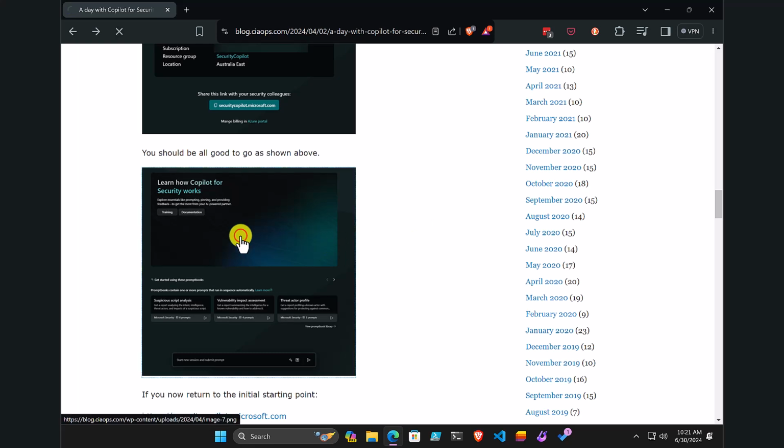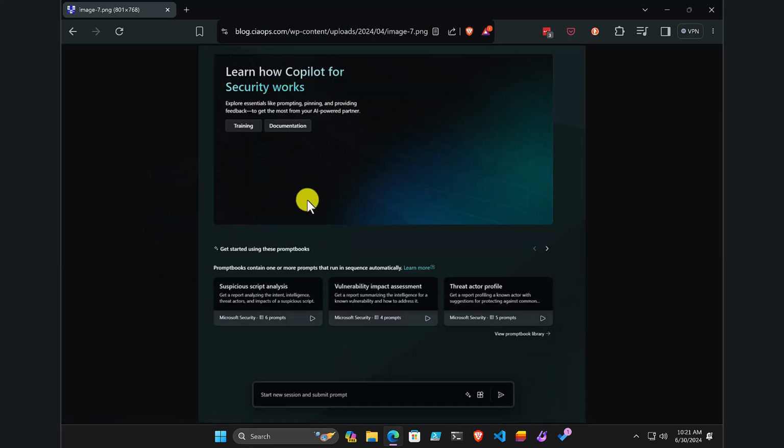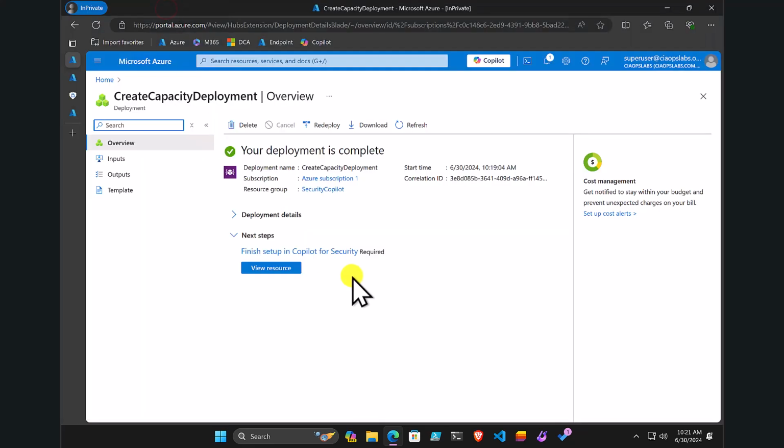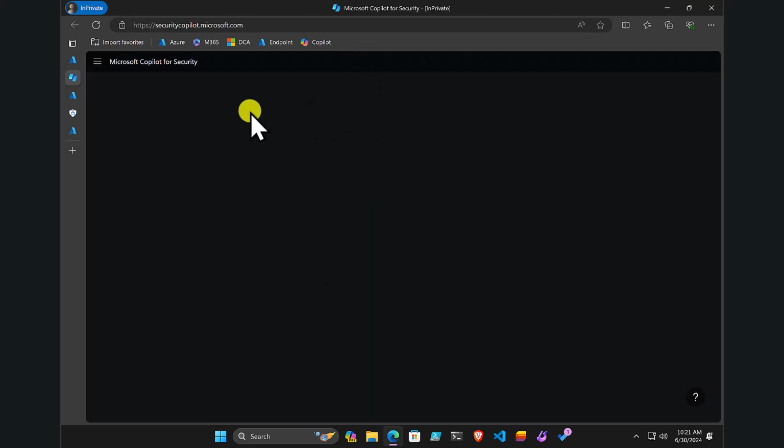So you'll see here this is confirmation that I've done it before. Now, this is what the portal looks like. So that is the endpoint we should end up with when we click this button. So we go back to Azure. All that setup, like I said, you can do in Azure. You can also do it in the dedicated portal, but I prefer to do it in Azure. So I'm going to go in here and select the option to finish doing the setup, and you'll see it'll take me to that portal I talked about,